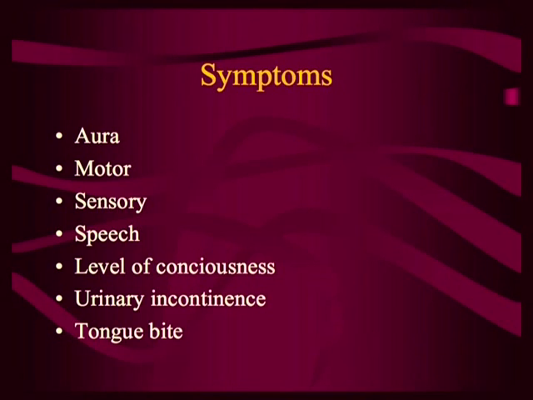Some people do feel that they're going to have a seizure because they can smell certain things or taste something bad. It's called an aura, and they can put themselves in safer places. If they are standing up, they can sit down, and if they have a seizure, they don't have that many injuries. Motor seizures are tonic-clonic activity, moving their arms and legs. Sensory seizures are the ones when they have only sensory symptoms. They can only feel numbness or a tingling sensation around the lips or face, arm or leg, but no jerking.